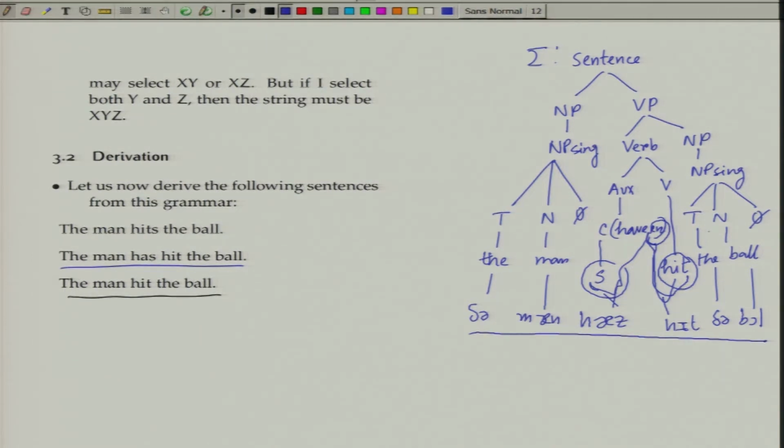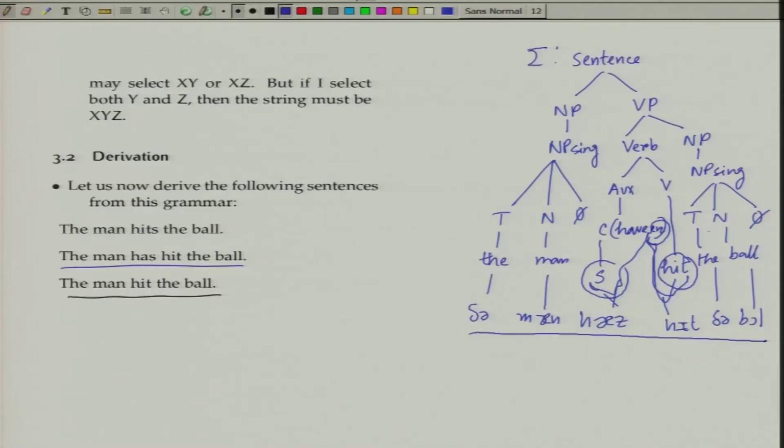So the point is, if a string can be made by following the rules, then we call it grammatical, and no ungrammatical string should be generated by the rules given. That's the most important point. We can see that all these strings, all these sentences, we call these sentences, can be made by following the rules Chomsky has given us. So that is a test of grammaticality, and we can see how this formal system is also very